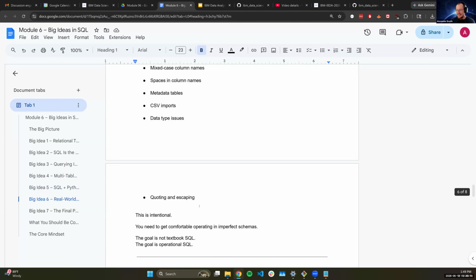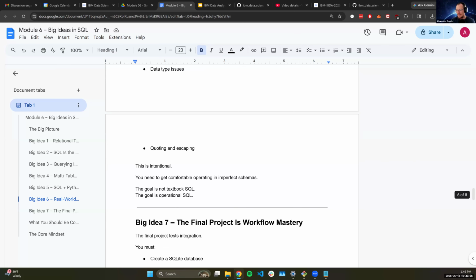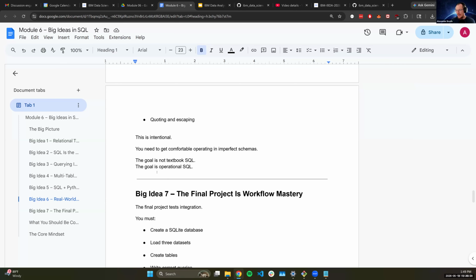And then how do we clean data up? Real world data is super messy, so how do we not freak out or get too anxious about it? How do we make sure to keep everything around our metadata, columns, and data types all ready to go? The goal is operational, business-ready, enterprise databases, not necessarily textbook SQL.